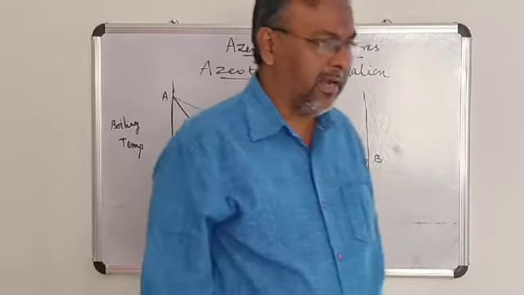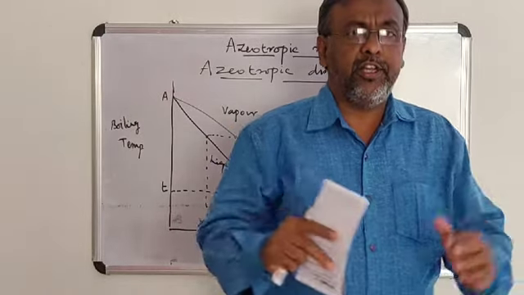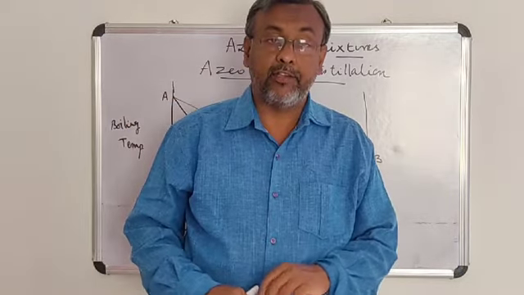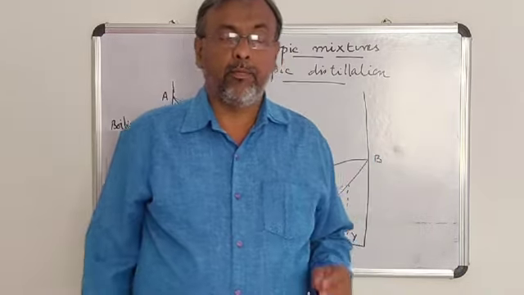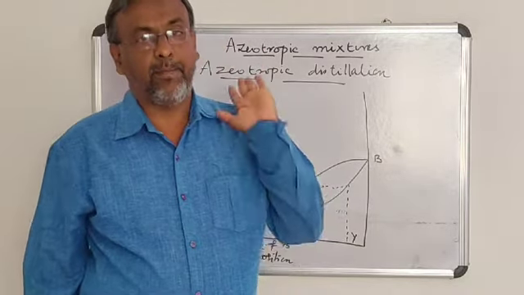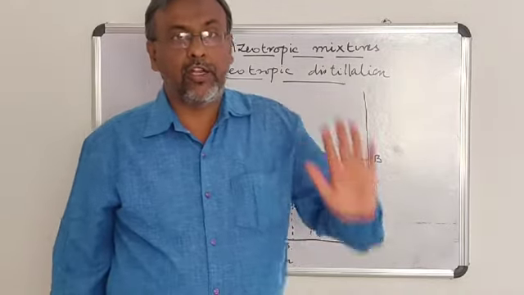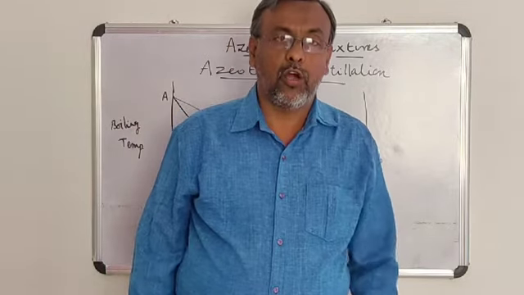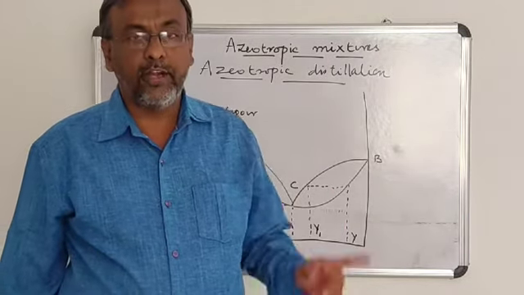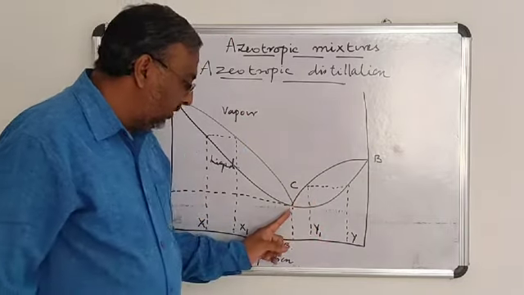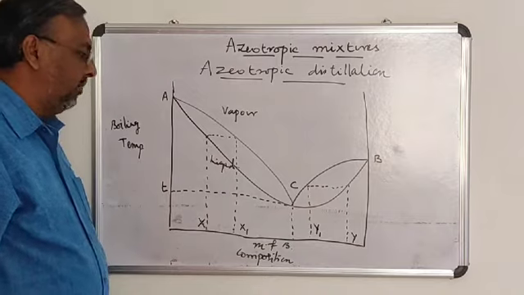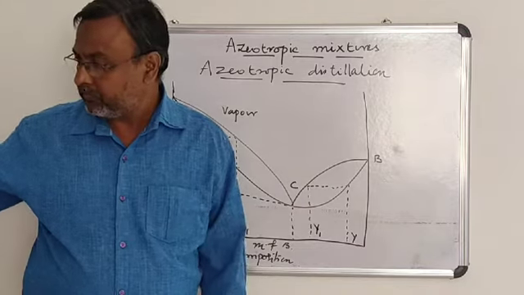An azeotropic mixture is, even though it is a mixture of two substances, at some composition it boils like a pure chemical compound at constant temperature without changing the composition. Such a mixture is called an azeotropic mixture, or a constant boiling mixture. Here, the constant boiling mixture will boil at a temperature T. It will be explained like this.